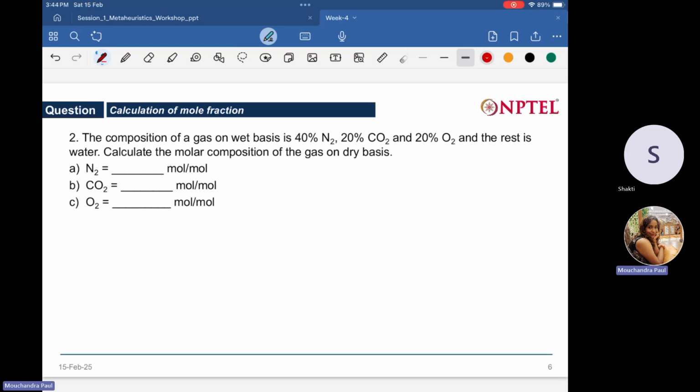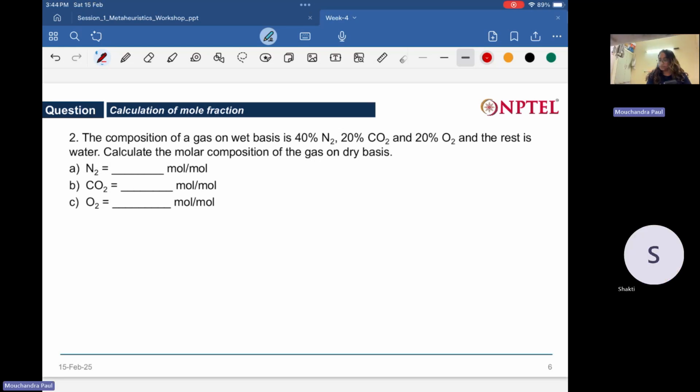Okay, I'm back. So this question talks about a gas, and the composition of the gas is given. 40% is N2, 20% CO2, and 20% O2, and the rest of it is water. Okay, so how much water is there? If you take 100 moles as a basis,